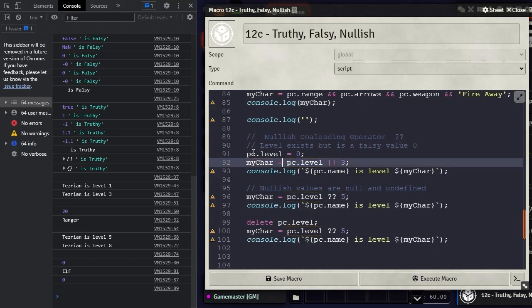So in this case, PC level being 0 is considered falsy, so this will not pass. So it'll go to here, and it will return 3, even though, let's say we have a level 0 character, it's going to set it to 3. With the nullish coalescing operator, even though we have a PC level 0, you're doing the exact same thing, we're going to see that this is no longer considered a falsy value. It's actually considered a truthy value. And so right here, we'll actually see that 0 will be output as a valid